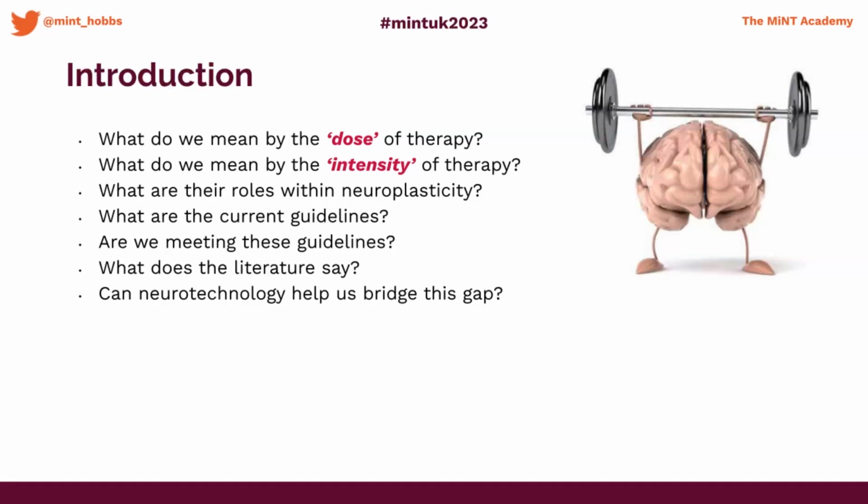Here's the plan for today's talk. So I will go over the terms, dose and then intensity. What do we mean by them? Then relate this to neuroplasticity. I'll discuss the current rehabilitation guidelines and then whether we're able to meet these guidelines currently. And then the main section really is on what the literature says. We'll be looking at some studies in recent years